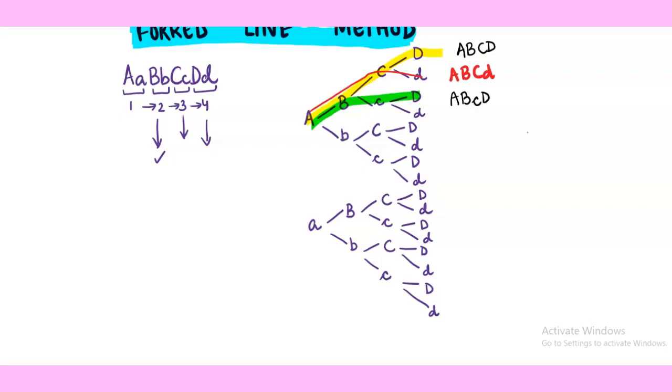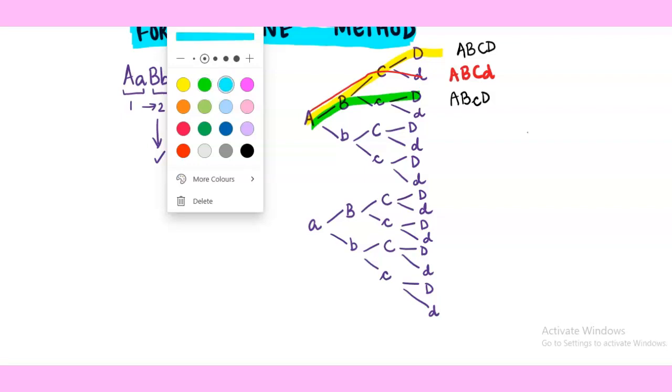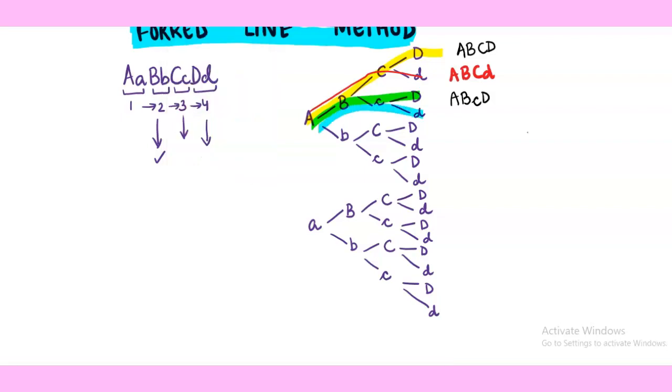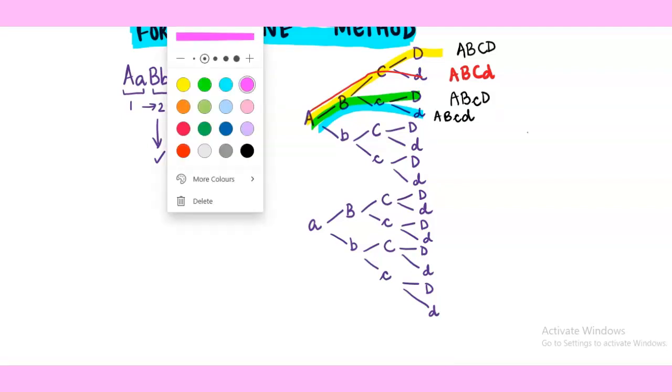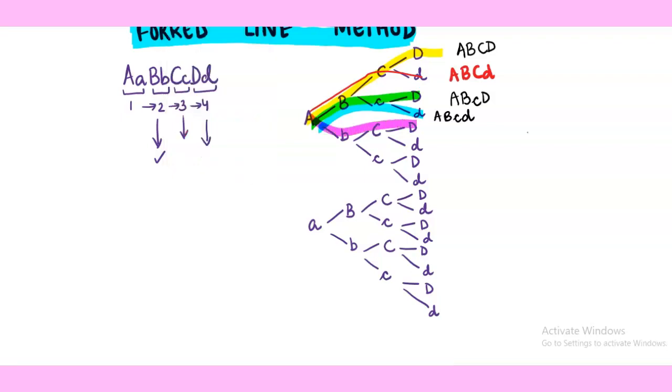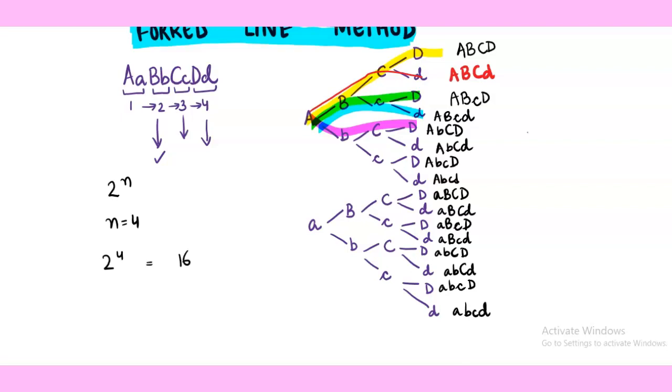So this way you have to go from each genotype and write the gametes very carefully. This way I am solving a few for you. This way you have to move one after the other. So it will give you A, B, C and D. So this way you will move up and down and continue writing till the bottom part. Overall you will find that you have made 16 gametes.